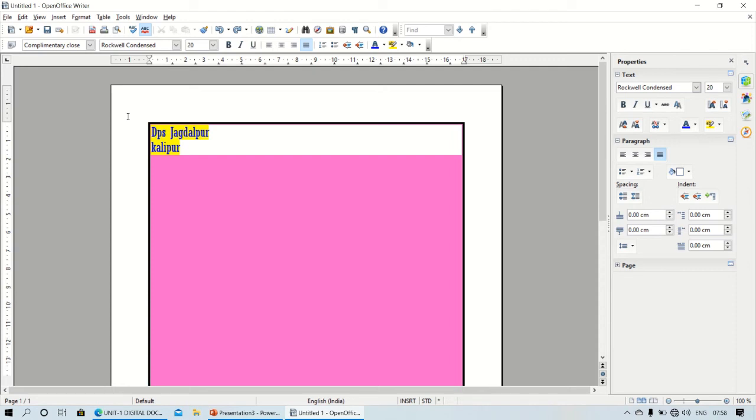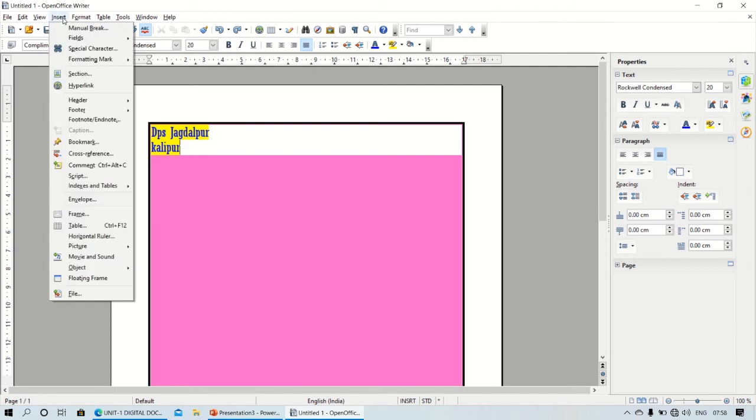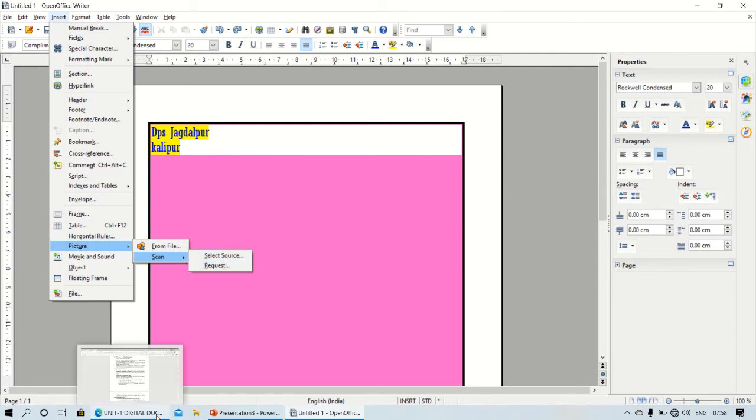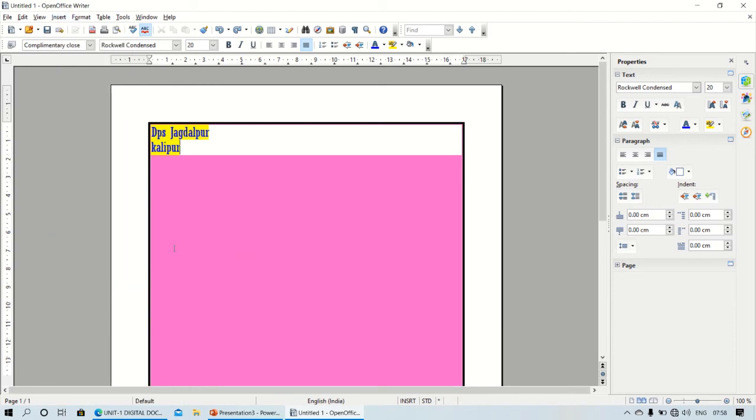Next, if you want to insert an image, then you need to click on insert, and then you will find the picture option is available. Then you have to click on from file, and the second one is the scan option. Select source and request. In my system I don't have a scanner attached, so I'm not going with the scan option. I'll click from file, right?